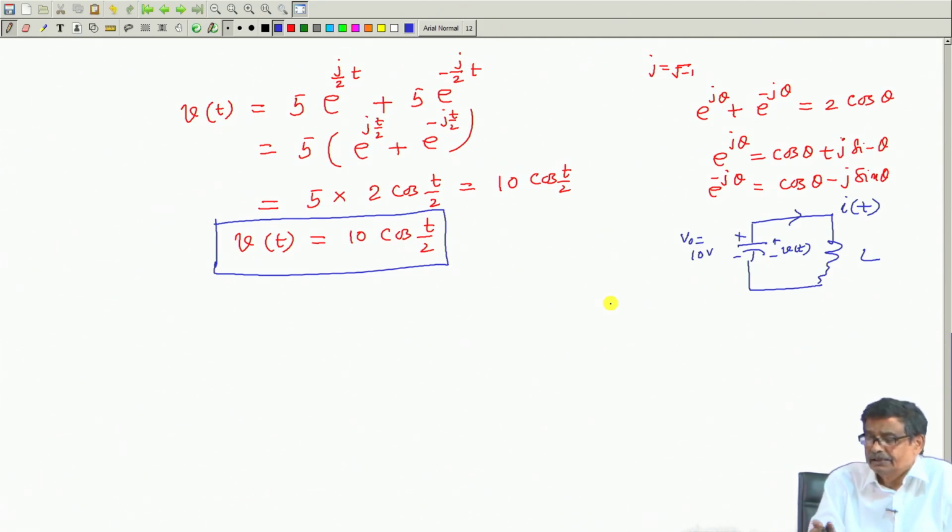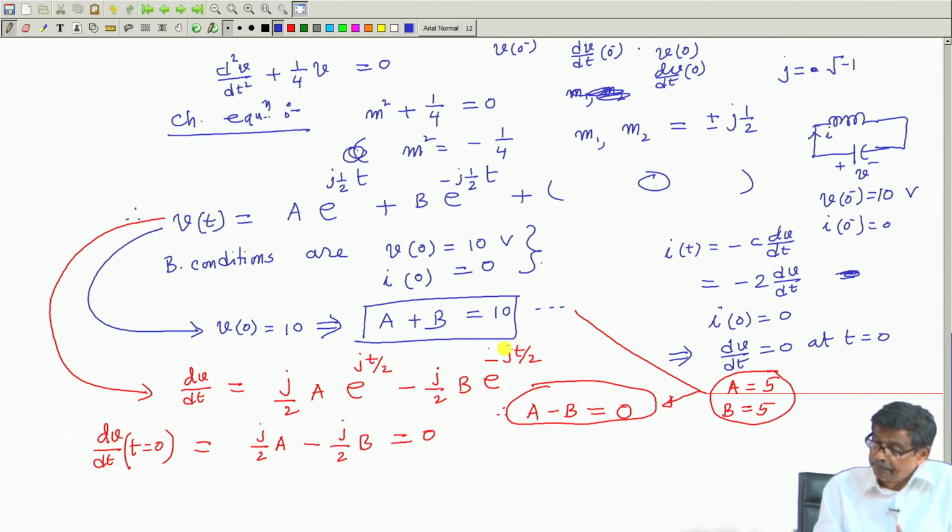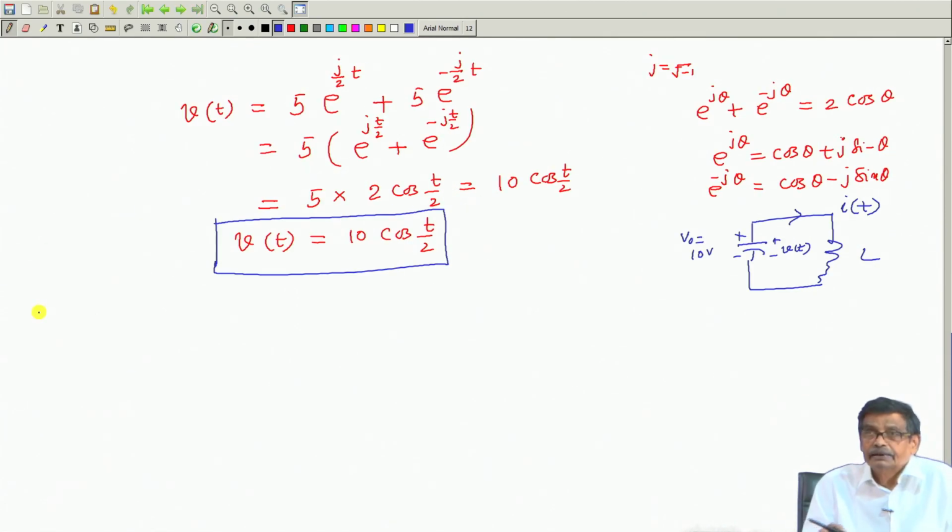In fact, these complex numbers will never betray you in that way. But I have followed strictly the rules. Roots are separate and distinct, although they are imaginary, and I can write down the solution just by inspection. That is what I did. Then I applied the boundary conditions to get the constants A and B, and I followed strictly the rules and got this as my voltage.